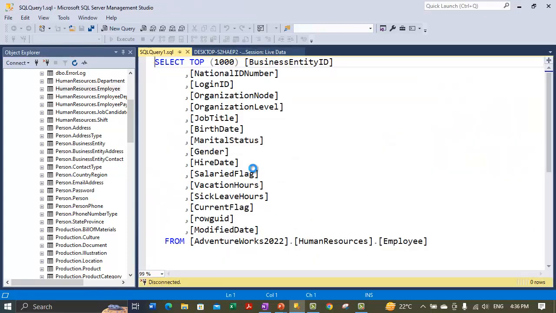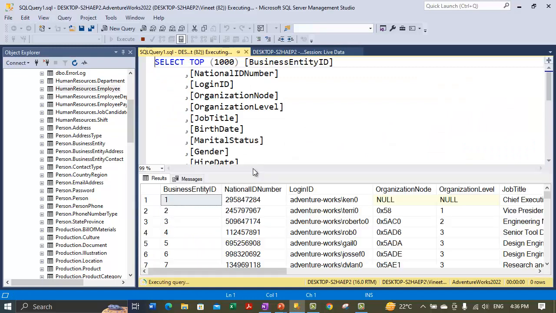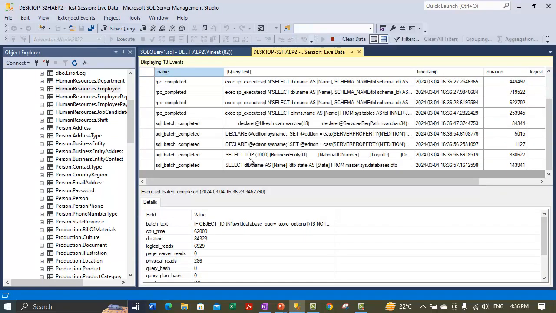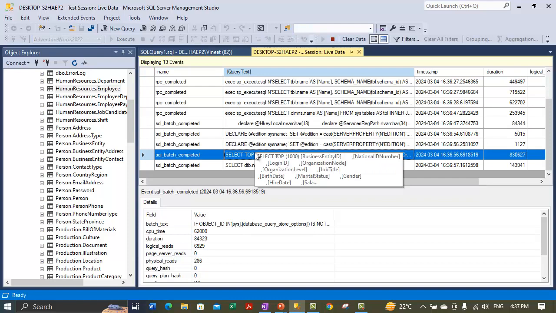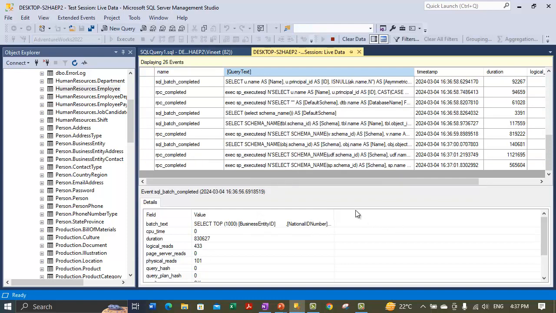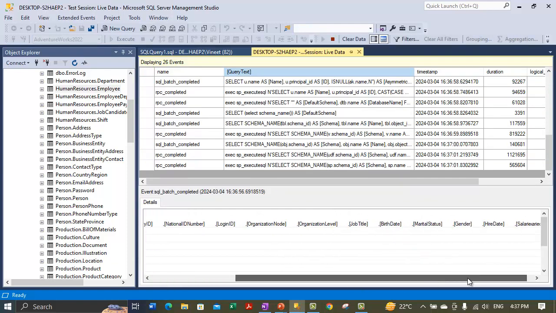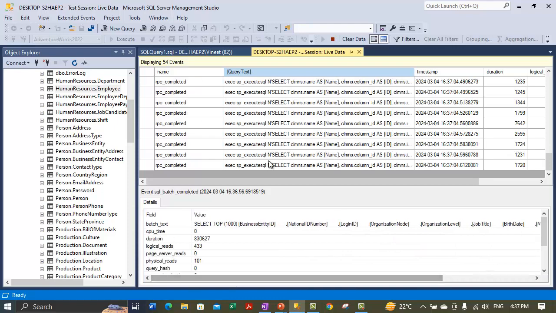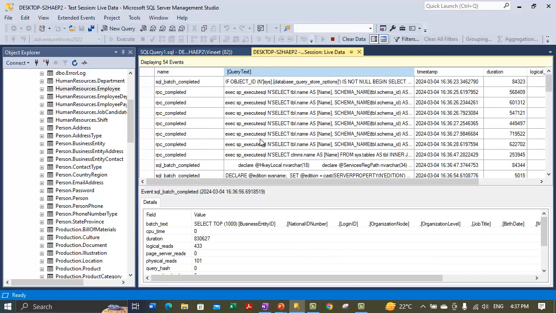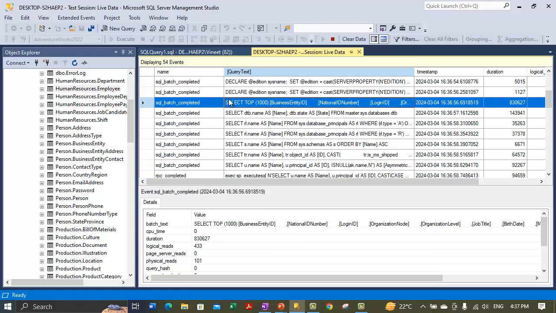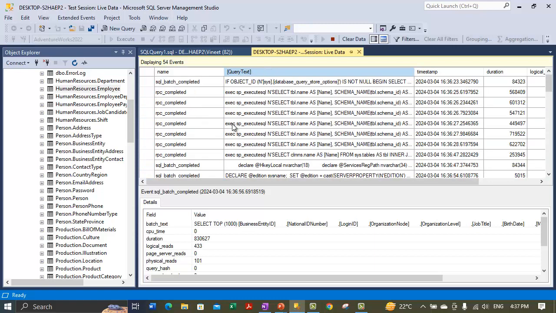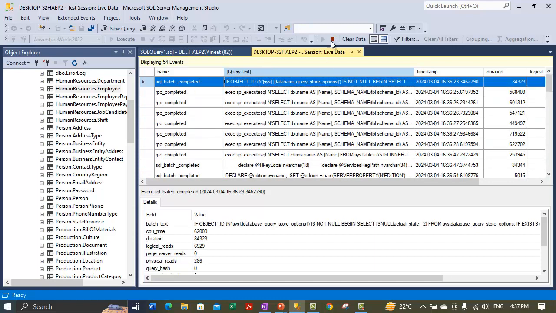So I've selected 1000 rows from the HumanResources.Employee table. So this must have added some rows here. Like this one is the statement I had executed, right? So I've selected some data from the human resources table. All right. So this is a live data window, and if you want to filter on this, what you need to do is you need to